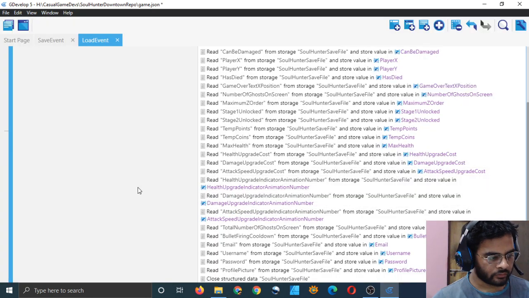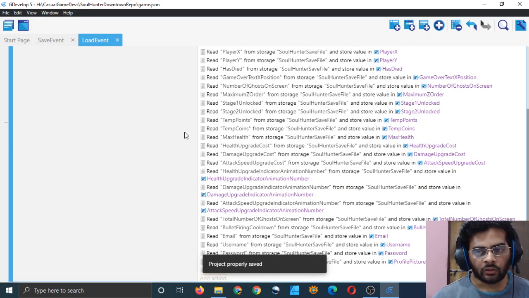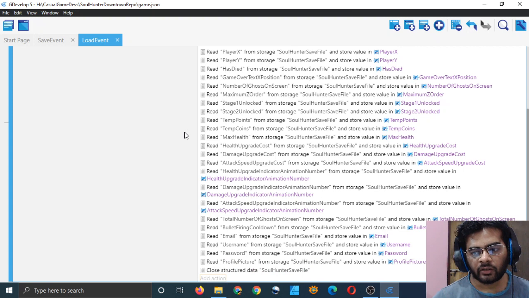Okay, I will close it. Now all the variables are in my scene variable, but I want to bring them in my global variables, because scene variables will be localized to the scene. I want them all to be in my global variables.